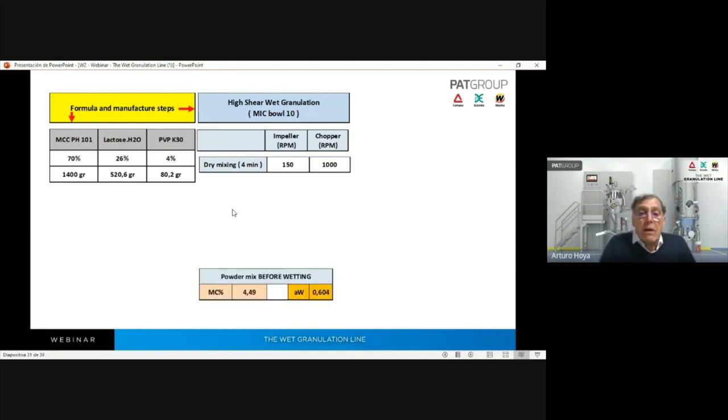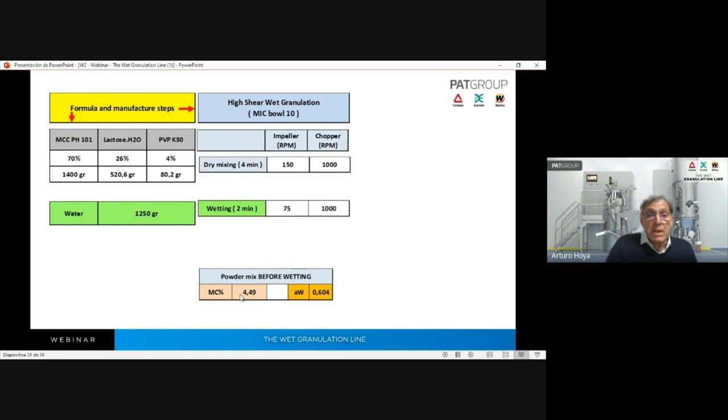homogeneous, now we need to take a sample to control the basal moisture content. Yes, in this case, the powder mix has 4.49% moisture content. Then we wet with water, for example, in this case,